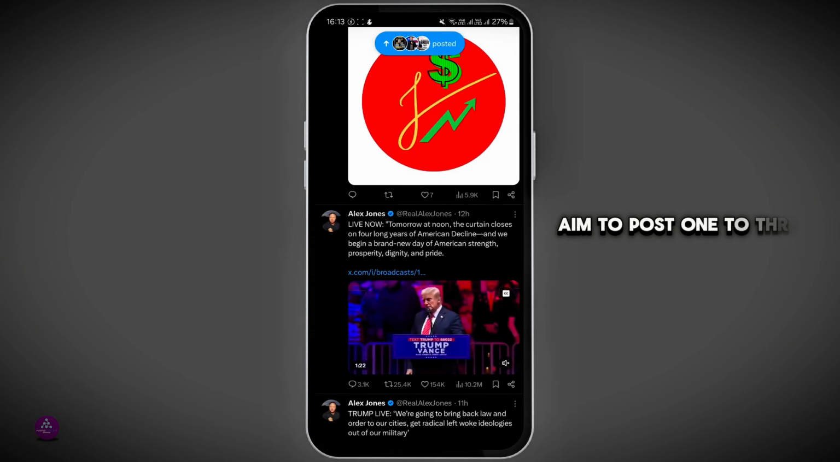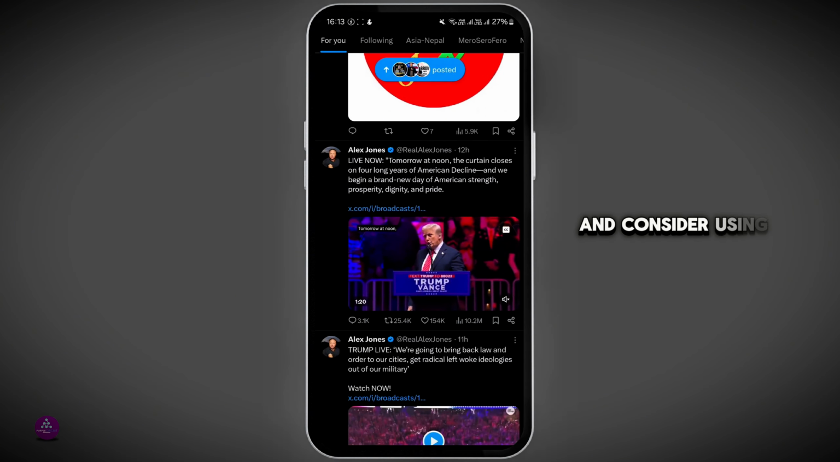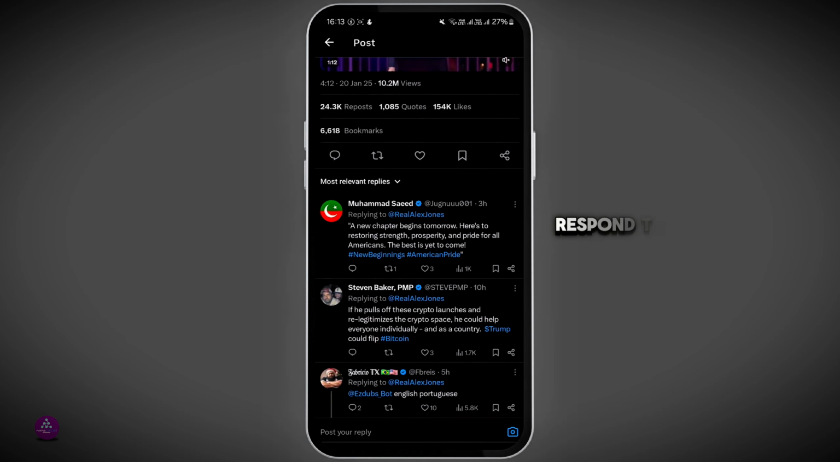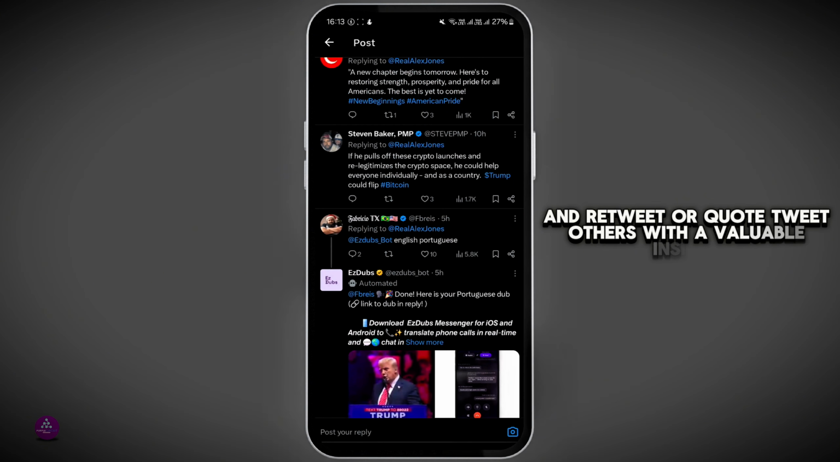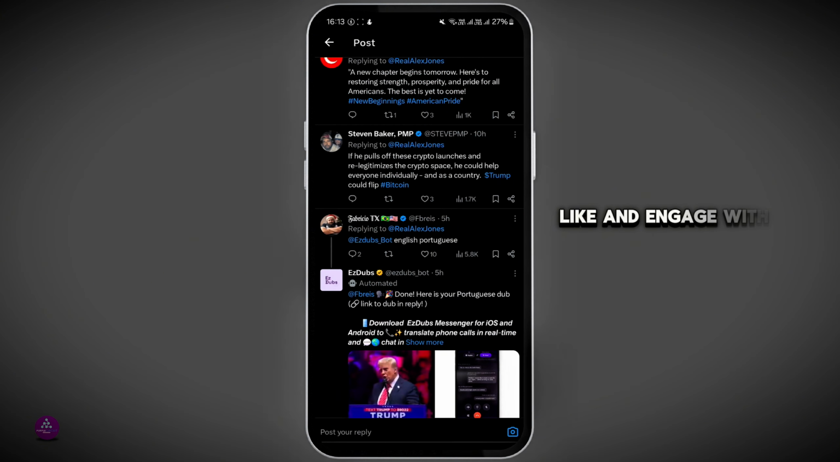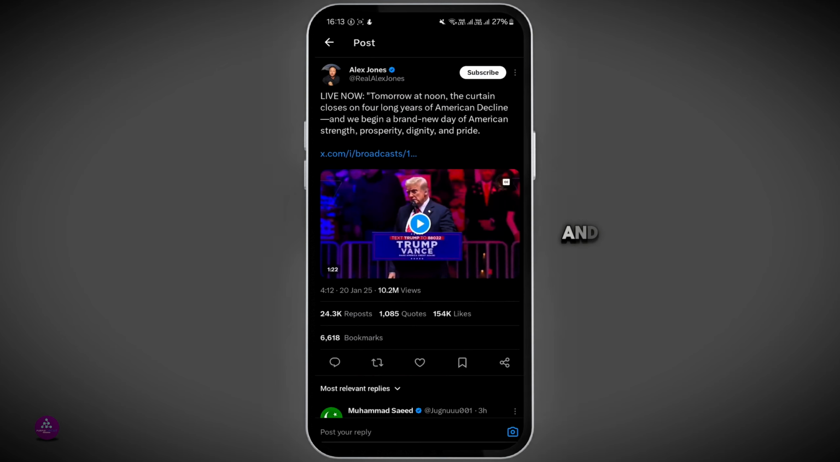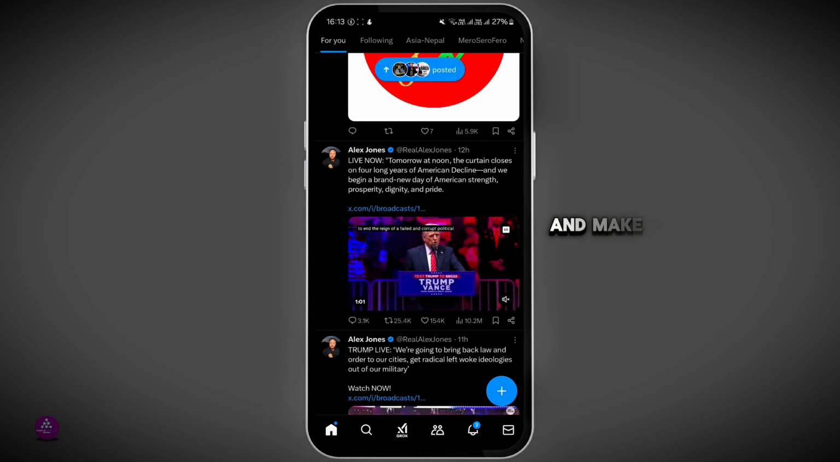Aim to post 1 to 3 times daily and consider using a content calendar. Respond to the comments and direct messages as well, and retweet or quote tweet others with valuable insights. Like and engage with the tweets from your followers and others in your niche, and make sure that you're using